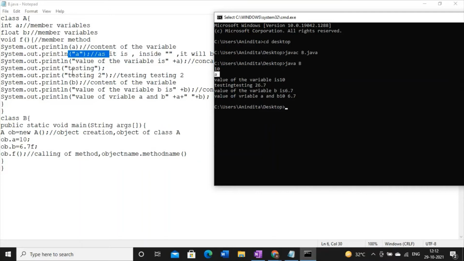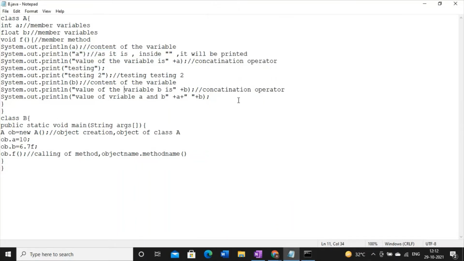Then testing, this one. Since we have no println, we have print, so everything is overlapping here. They are printing side by side, testing and testing 2 and 2.6, right? So this is how a print statement will look.